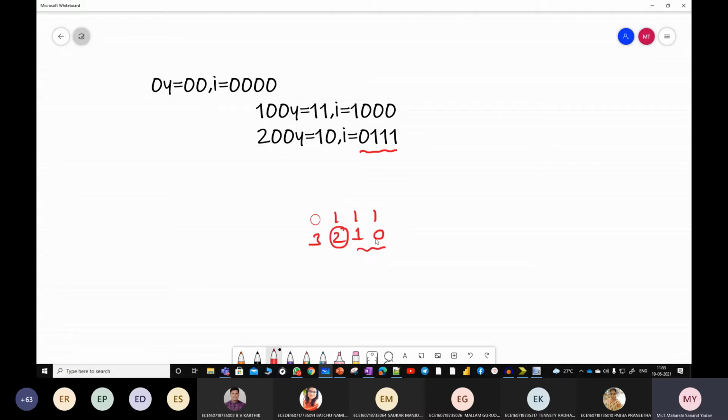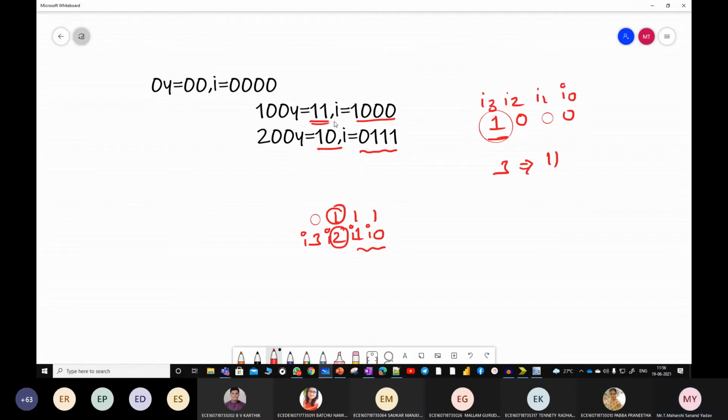That is 1 and 0, no need of checking. So what is the equivalent for this? It should be 2. Simply, this is nothing but I3, I2, I1 and I0. So here result should be 2. Next, you see here 1 0 0 0. This is I3, I2, I1 and I0. So if I3 is equal to 1, result should be 3, which is nothing but 1 1. So this code is working fine. Understood?